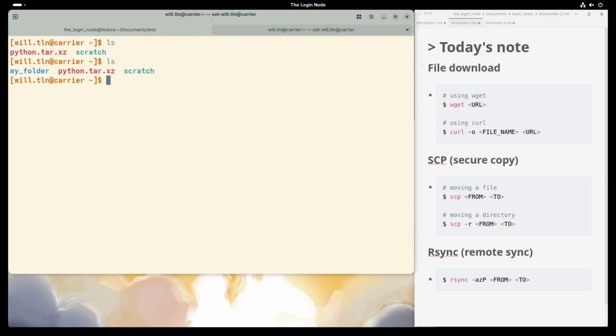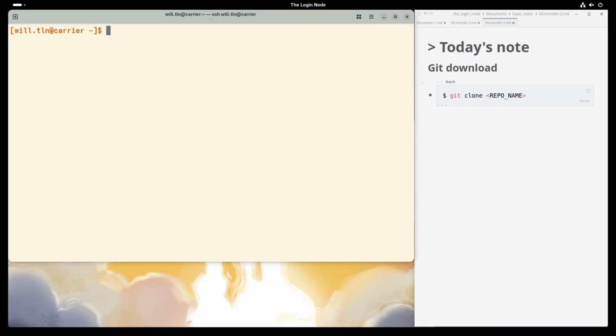So, for simple and easy data transfer, use scp. For big data, use rsync. One more thing. What about your code on GitHub? Should you use rsync for your Python script? You can, but please don't. Treat your code like books in a library.